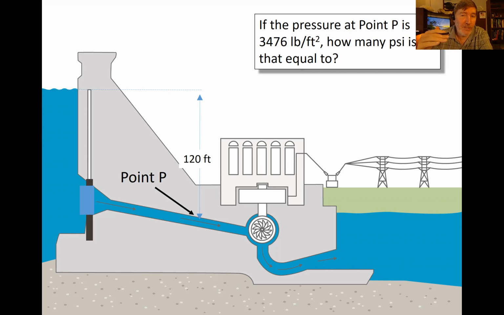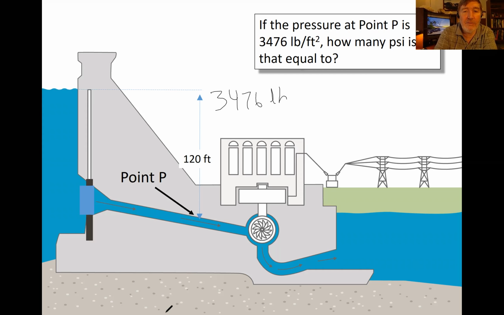And because we were working in feet, the units on that are going to be pounds per square foot. Okay. Let's suppose we want to know how many PSI that is. Well, what is PSI? PSI is just pounds per square inch. So what do we do? The same thing we did before. We say that